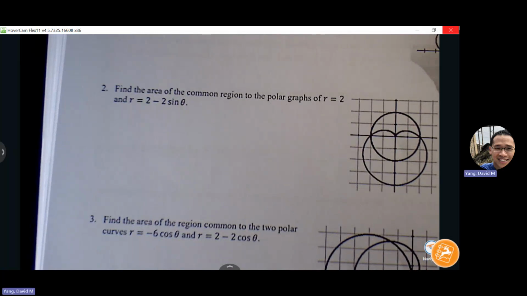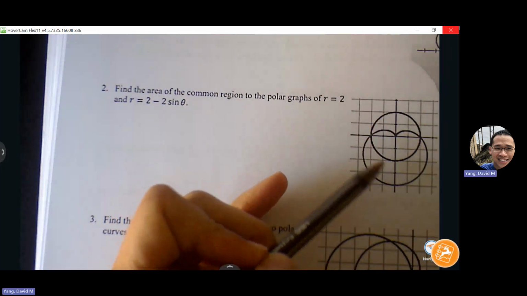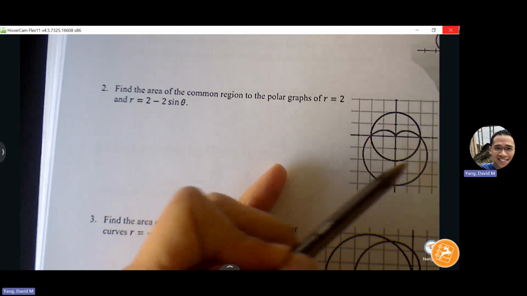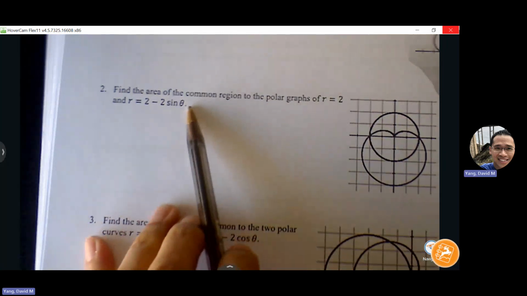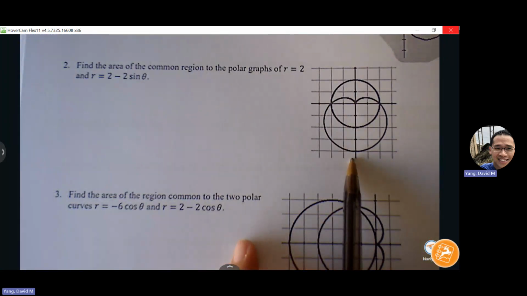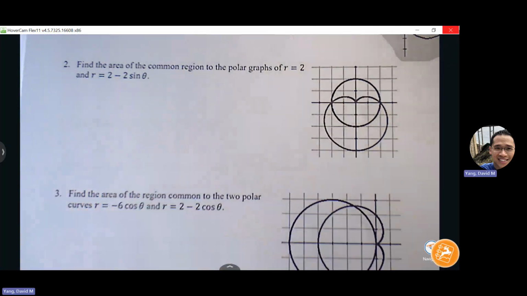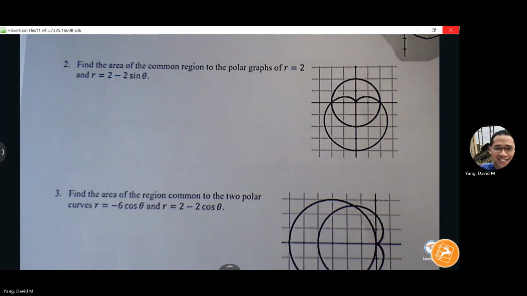Okay, find the area of the common region to the polar graphs. R equals 2 is my circle that has a radius of 2. And the 2 minus 2 sine theta, that's my cardioid that is symmetric about the y-axis there. So the common region is, I'm going to do this lightly, but